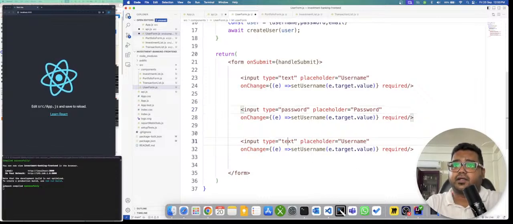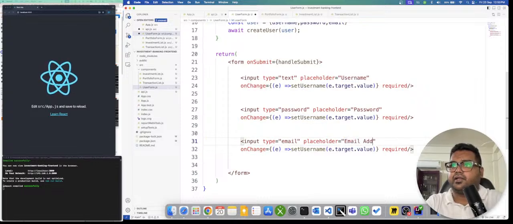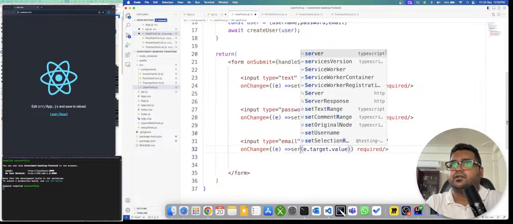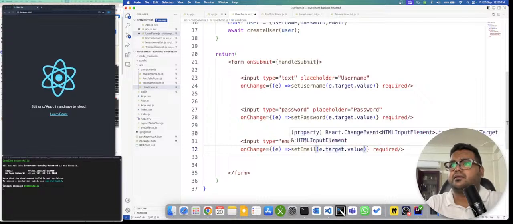This will be the placeholder type as email address. So set password, set email,